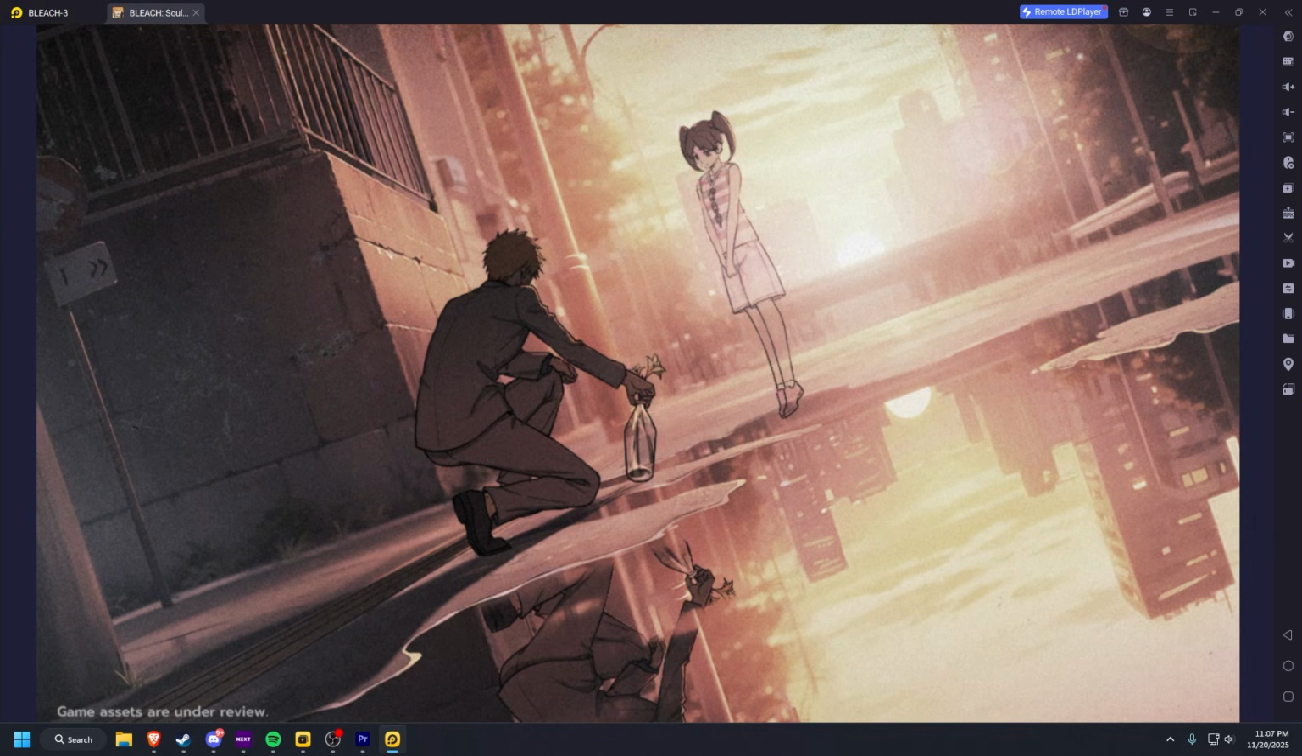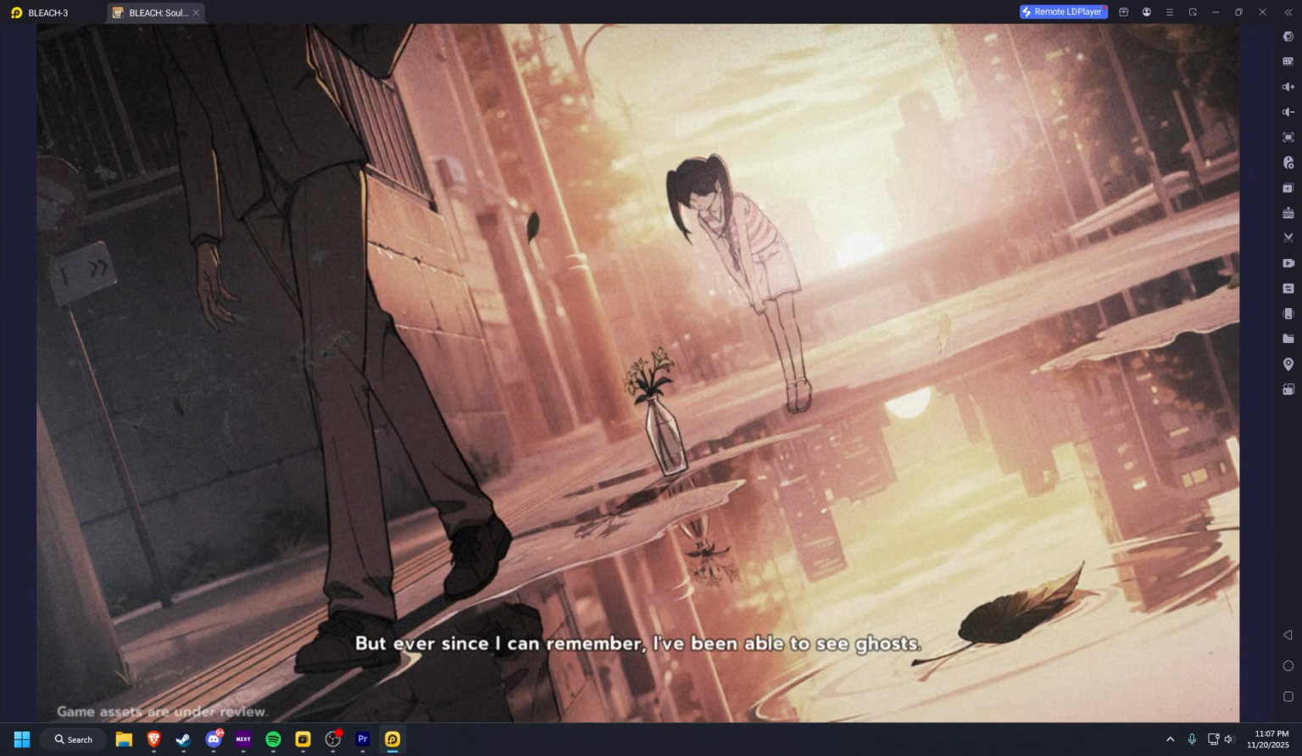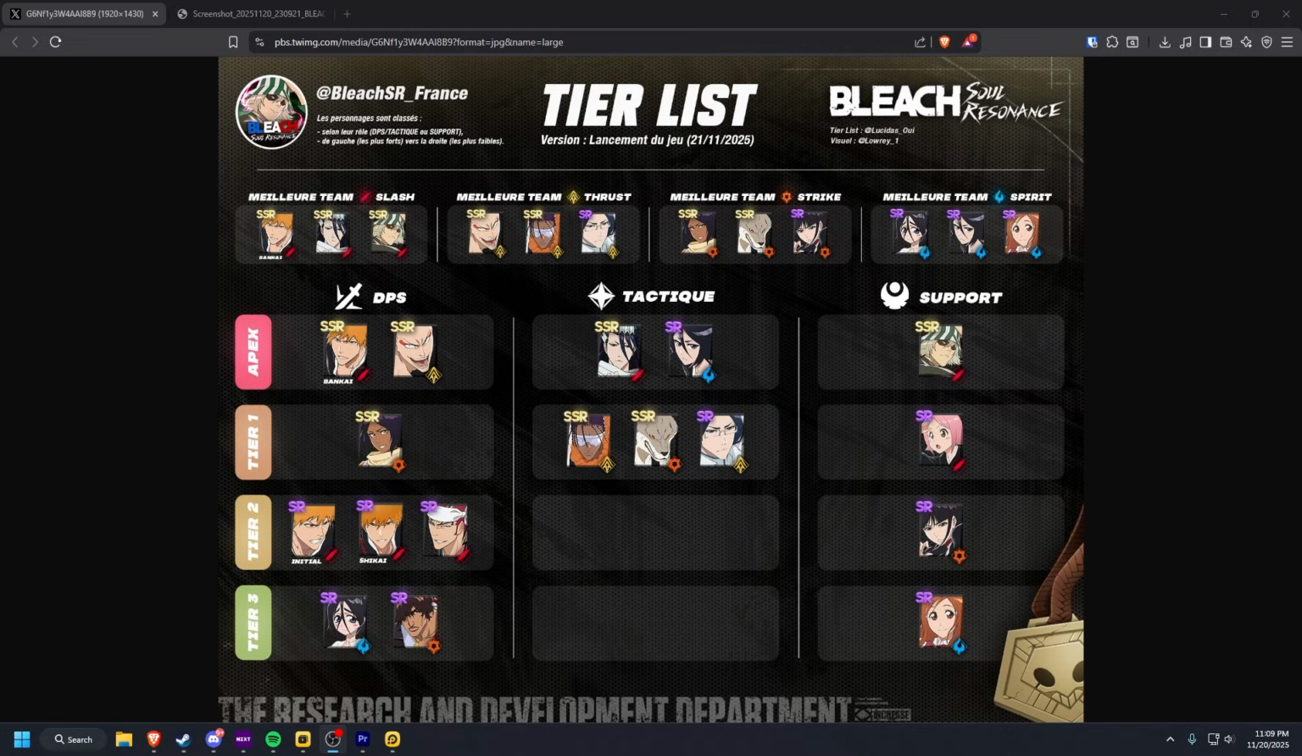I'm now going to show you guys what characters to go for in the game, very quickly, to show you your reroll targets, or just things that you should be summoning for. So how Bleach Resonance works, it's based on 4 different colors currently, and we're going to have teams of Slash, Thrust, Strike, or Spirit. Now currently the meta is going to be Bankai Ichigo, Kisuke, and then we